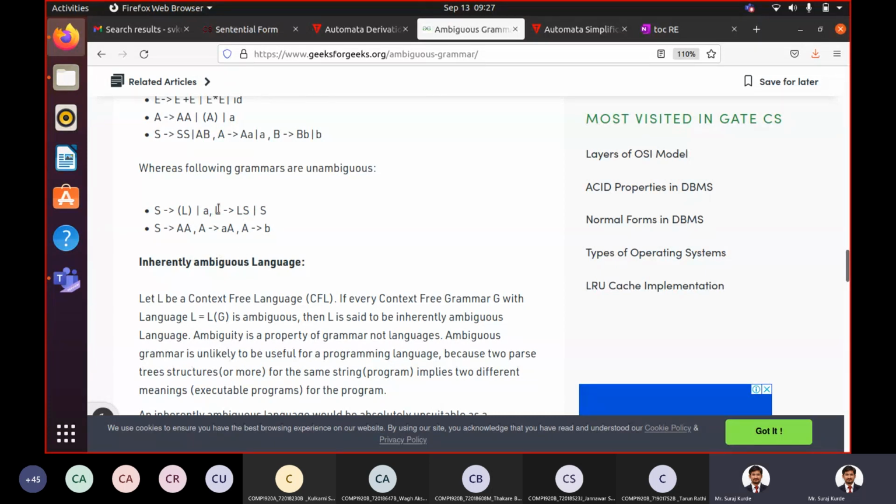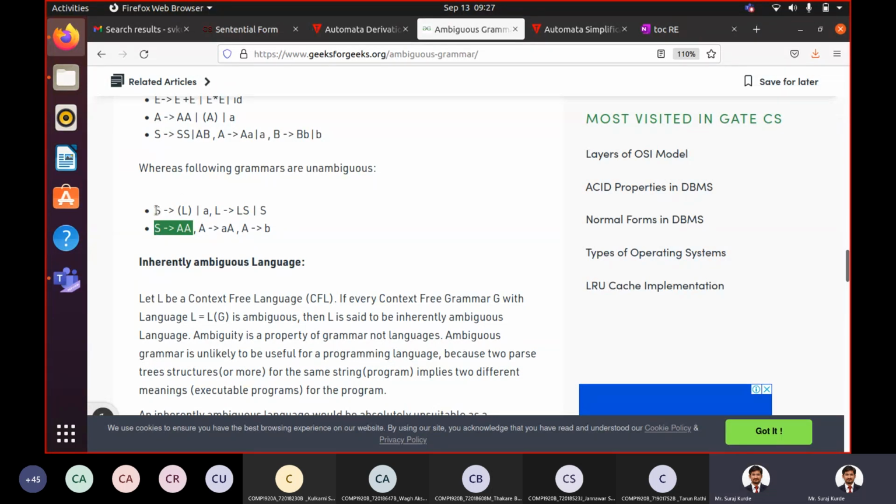Now, why is this not recursive? Because we have S along with L. We have another non-terminal along with the original terminal, non-terminal. That is, L produces LS or L produces S. And here S produces L. So the start symbol is not repeated here. Same way here, S produces AA. Now A produces AA or A produces B. The start symbol will not repeat again. That is why ambiguity is not present.